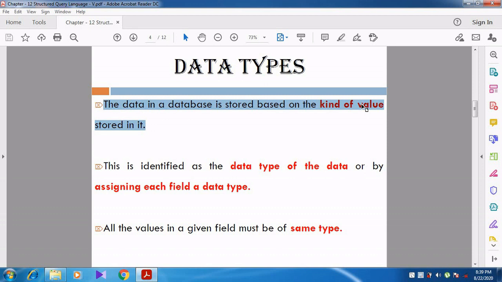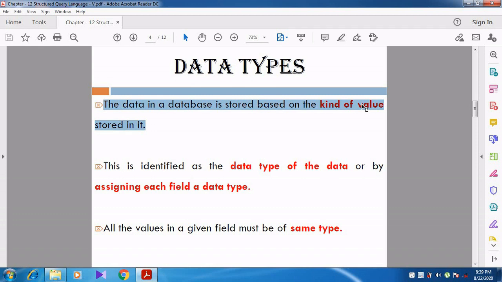For example, if I give the name of the student as Adi, the data Adi contains characters. Whenever I give the marks of the student, he scored 95 in Tamil, he scored 100 in physics, 95 and 100 are numbers, whereas the name of the student is Adi.